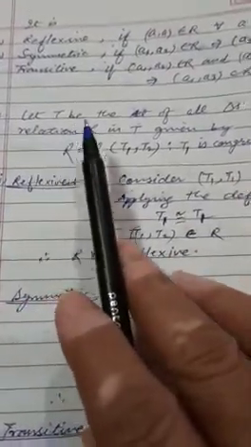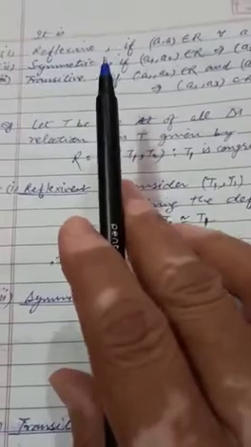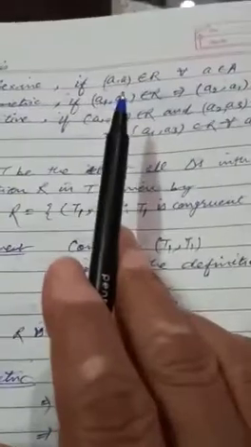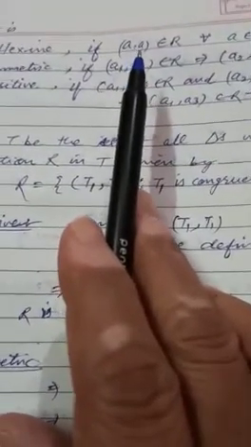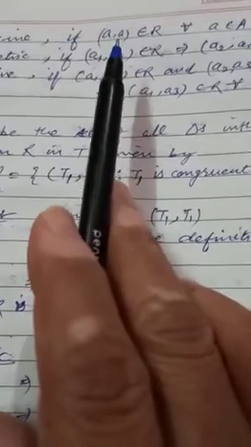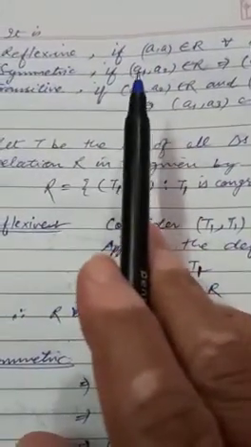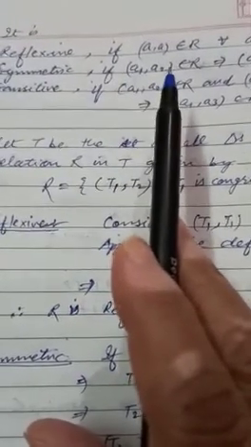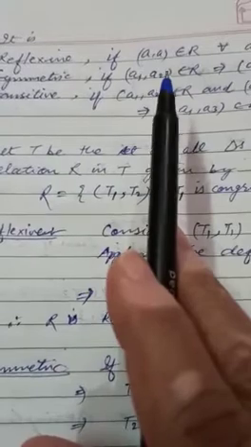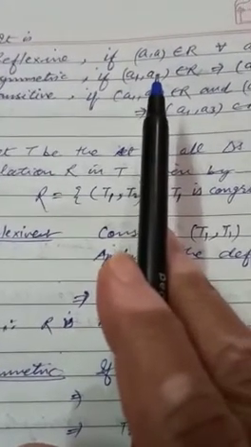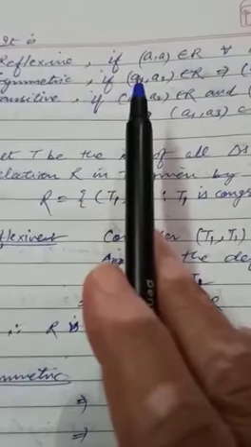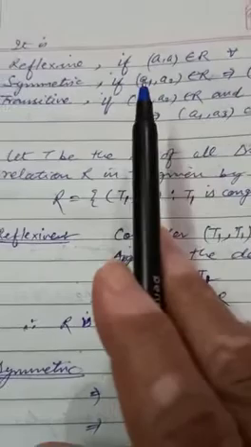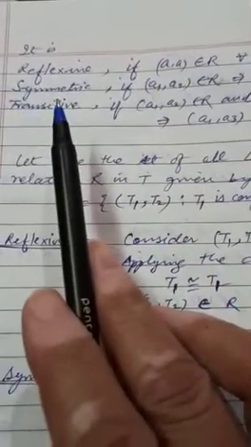So according to this definition, we will be given a relation, and if this relation is between the same member A, then it is called reflexive. If it is given in two elements A1 and A2, the relation of A1 with A2 should be the same relation of A2 with A1. For example, if A1 and A2 are brothers, and both are male, A1 is brother of A2, then A2 is also brother of A1. Such a condition is called symmetric.